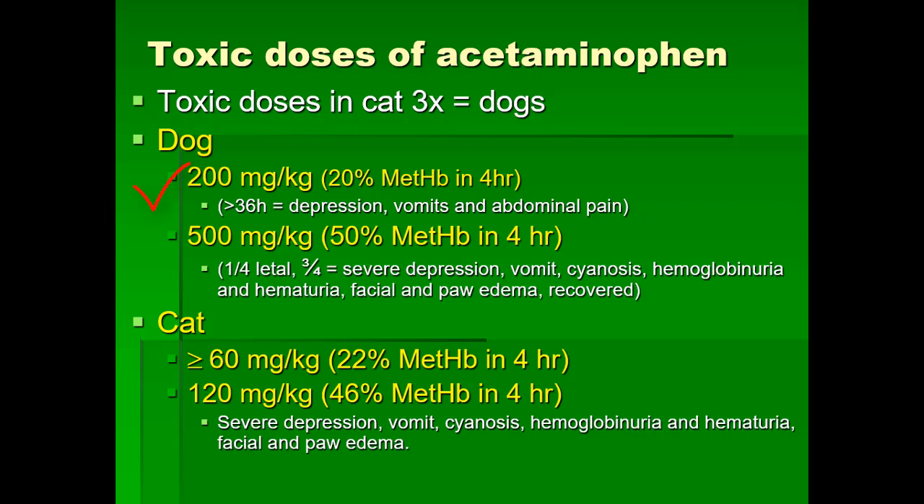The animals develop 20% methemoglobin in 4 hours. All of the animals given that dose recovered without treatment, but they had to go through a period of vomiting, depression, and abdominal pain. When a dose of 500 milligrams was given to 4 dogs, one of them died, and they all developed methemoglobin at 50% in 4 hours, and 3 of them recovered without treatment, but they had to